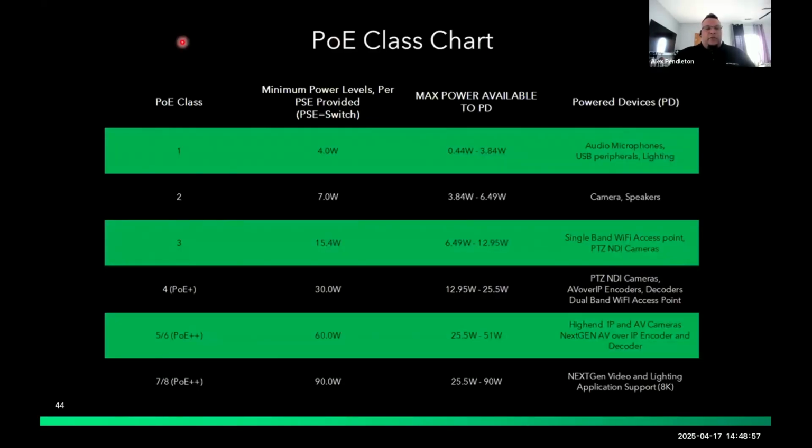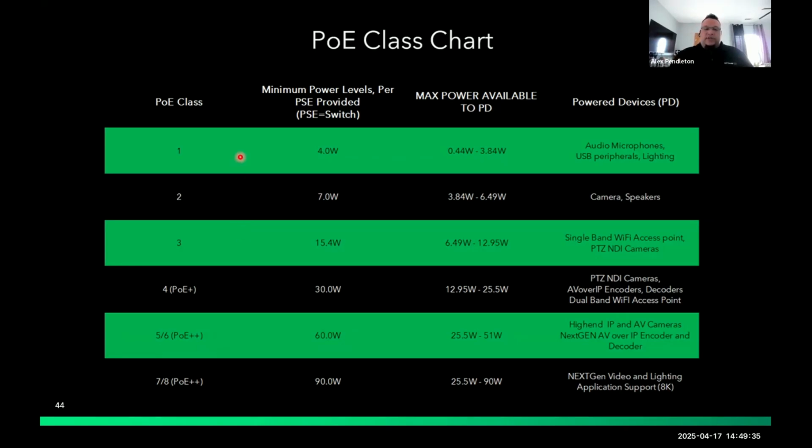Excuse the death by PowerPoint on this one, but I hope it will illustrate how we do that. As I mentioned, the types are how we discover the devices, and then we give them just enough power to boot so that they can send us a complex packet like LLDP, which is the link layer discovery protocol. Once we receive that LLDP packet, inside that packet is "I am this device and I can do power at this class." And at that point, we open up the type or class capable for that device, and it pulls the juice from the switch that it requires, and we archive that into a table.